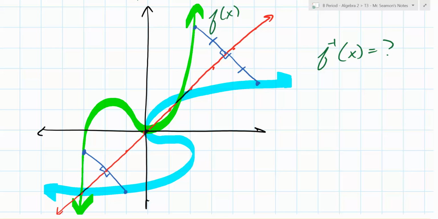Yes? So the vertical line, it can't hit two points in one. Yes, and if it doesn't pass,